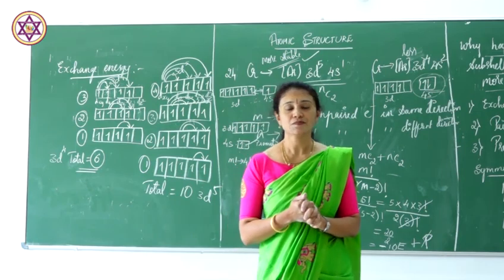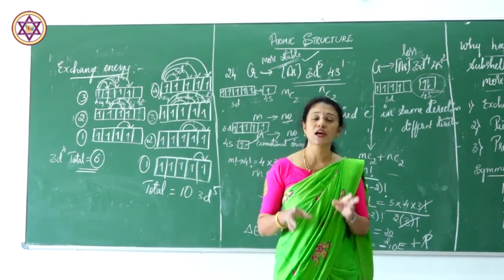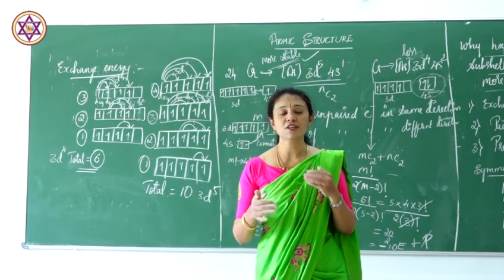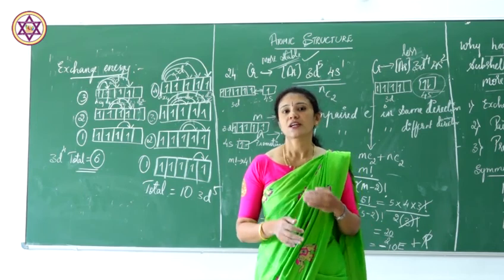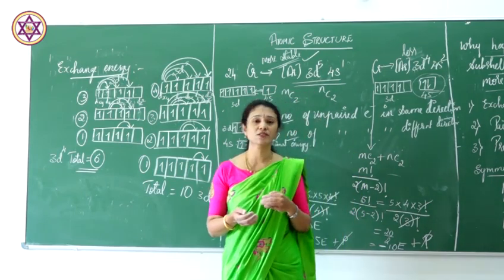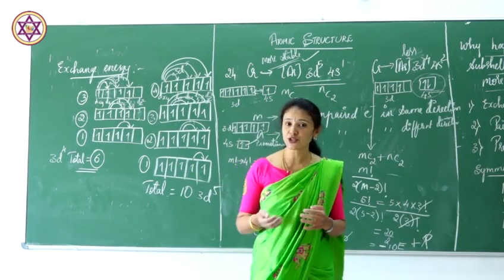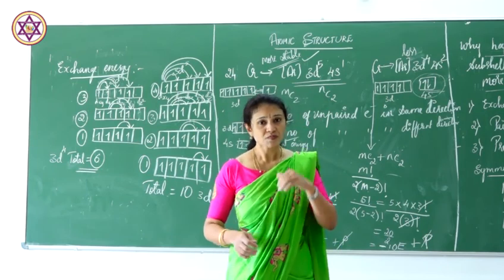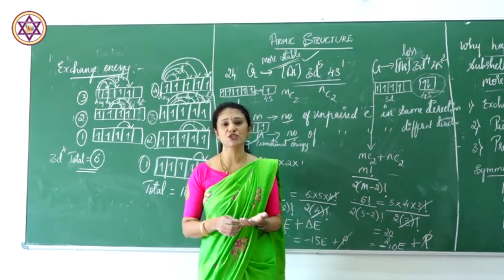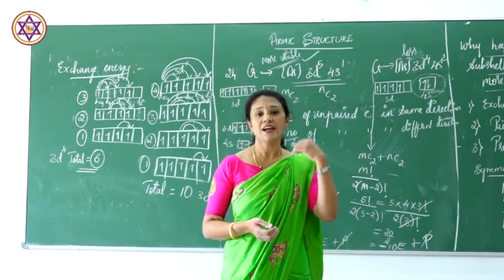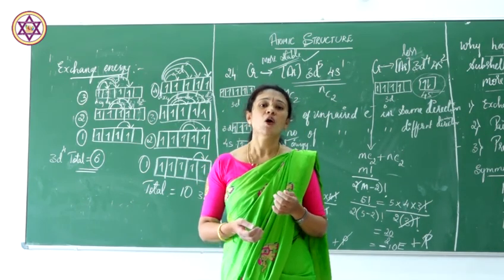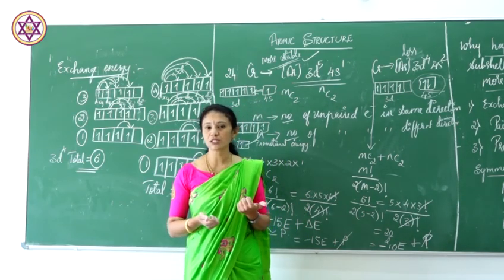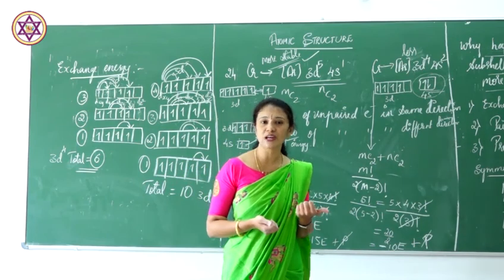In this session I have completely explained to you all about the atomic structure. The first unit has been completed. In the first unit you all came to know about Bohr's postulates, his 4 important postulates, as well as the limitations of the Bohr atomic model and also de Broglie's dual nature of matter and radiations as well as de Broglie's equation and Heisenberg's uncertainty principle as well as the hydrogen atomic spectra. You all studied about the hydrogen atomic spectra and the Schrodinger wave equation for an electron in